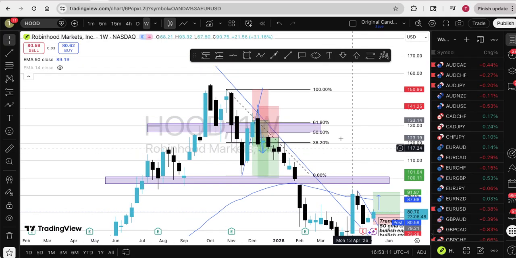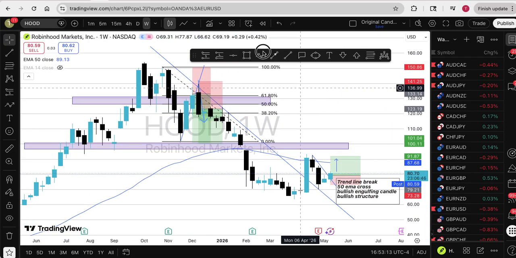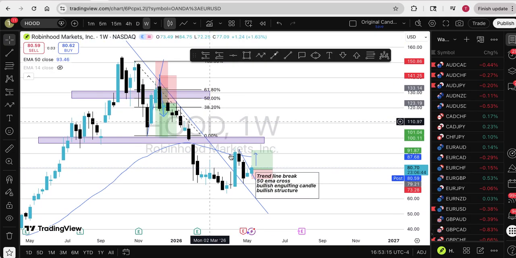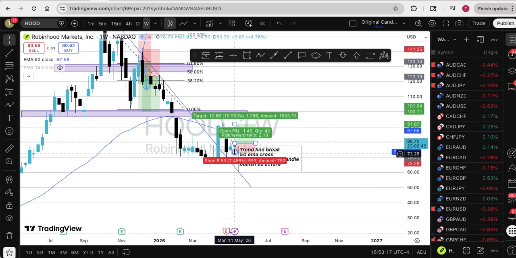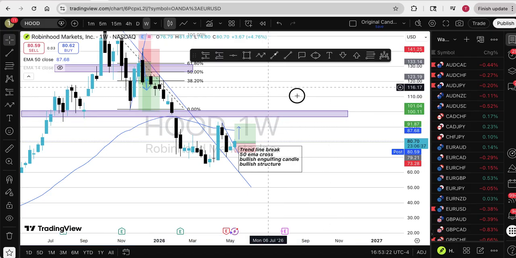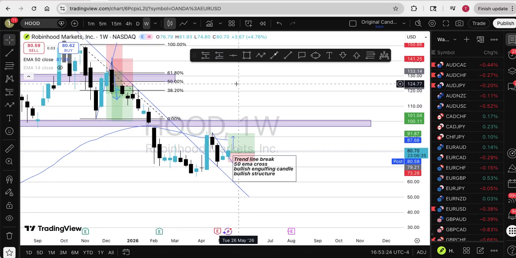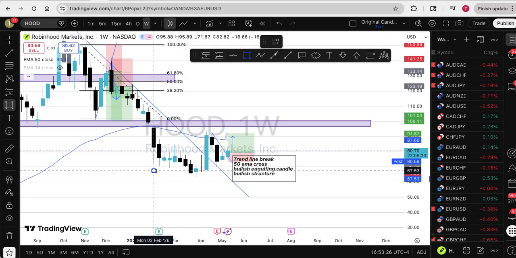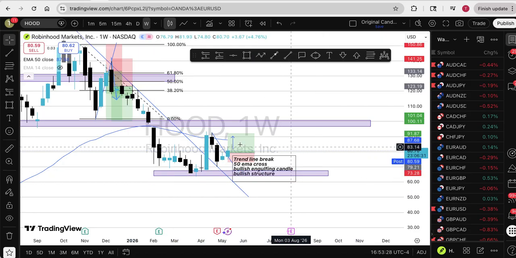It is beautiful, man, to learn how to trade. So market has come back all the way down here, and I'm anticipating the market to go up a little bit. This is the weekly time frame. But the same 50 moving average is pushing us down. Let's see. This could be a